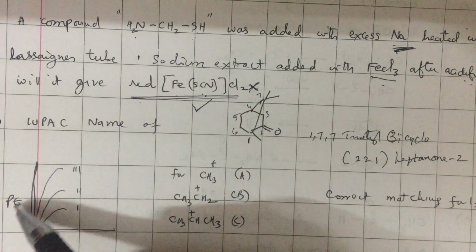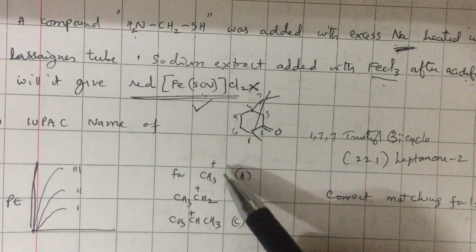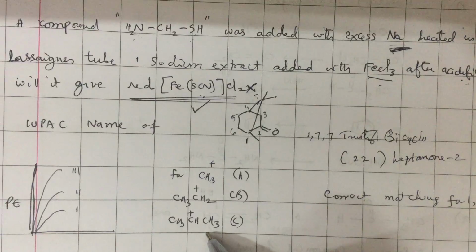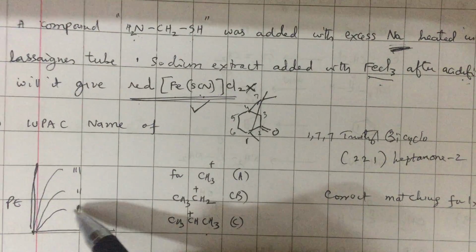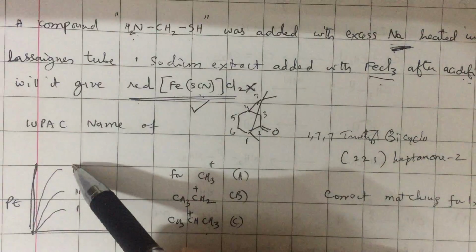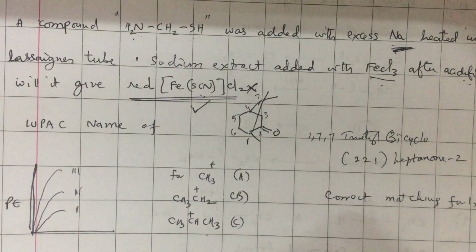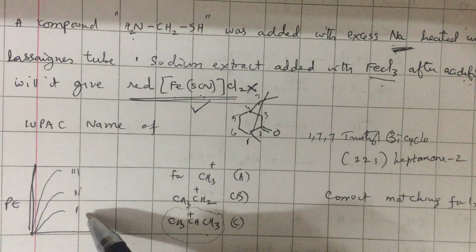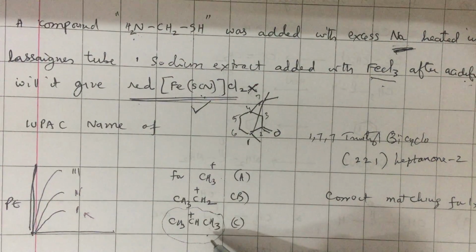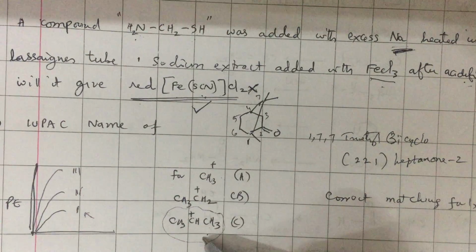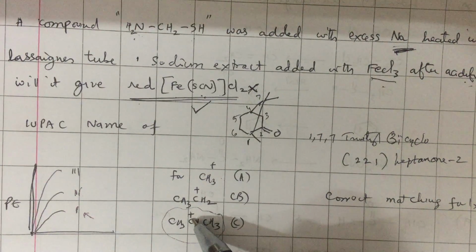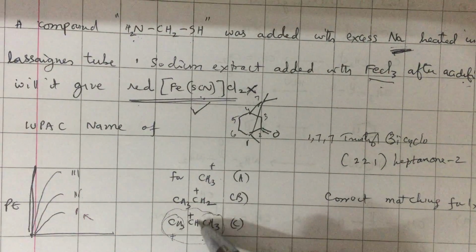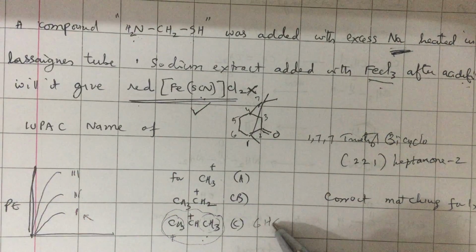If we have a potential energy diagram for 3 different carbocations like methyl, ethyl and isopropyl, which Roman numeral represents which carbocation? That is the question. The correct matching: the more stable the carbocation, the lower the energy. The isopropyl carbocation in these 3 is more stable because the positive charge is dispersed by the plus I effect of 2 methyl groups and also by 6 hyperconjugation forms.